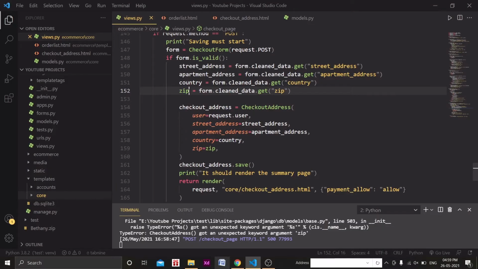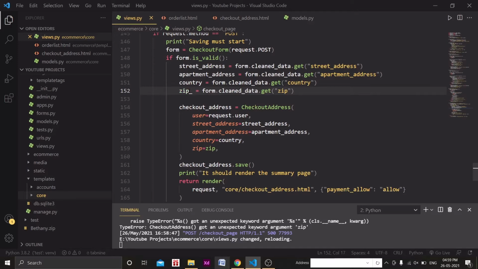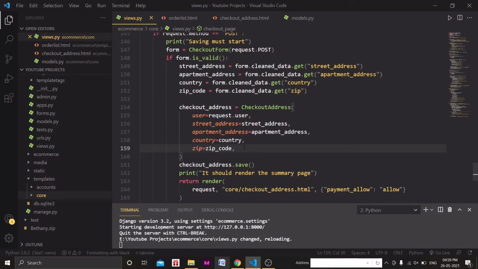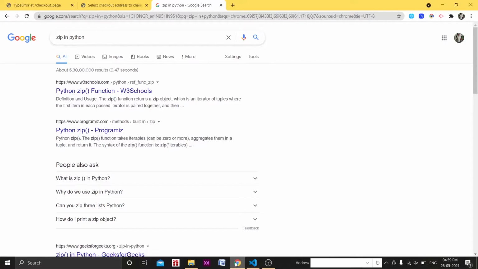That's why what we need to do, we can rename it as zip code or like that. Okay, so zip code, here we can say zip code. Actually zip is a function, and in Python you can't name a variable its function name of any function name, right? Now it should work properly.